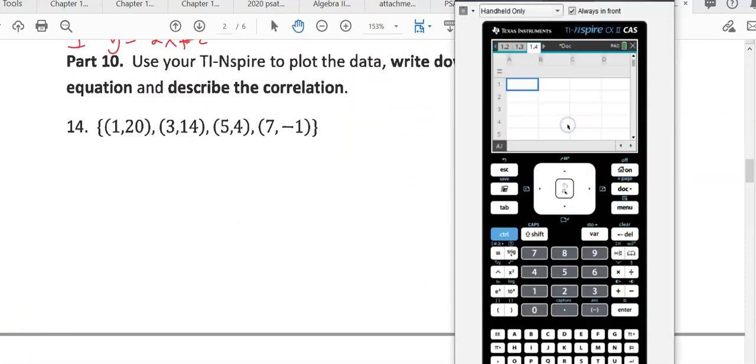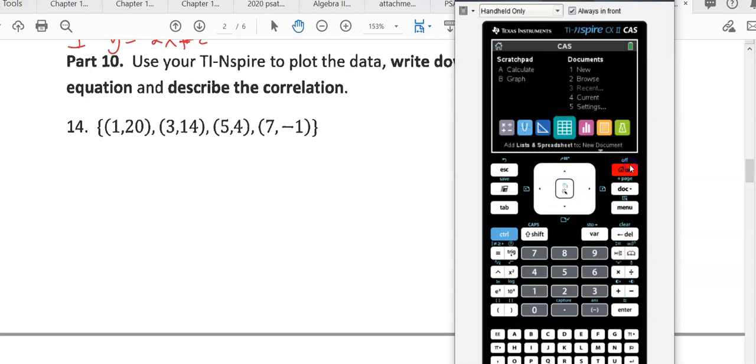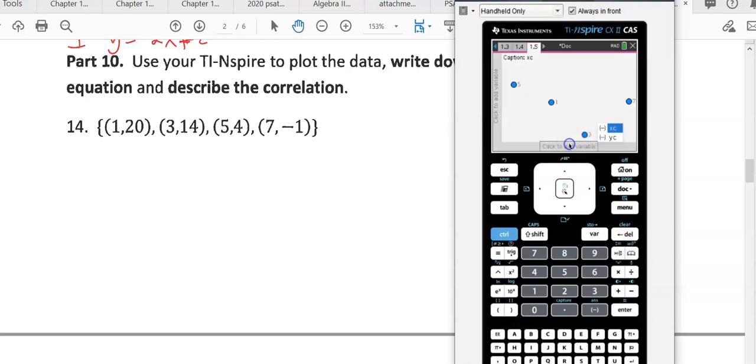Okay, so this one, you're going to put some data in the Inspire. So let's just call this xc for x coordinate: 1, 3, 5, and 7. Call this yc for y coordinate: 20, 14, 4, and -1. Put your cursor out of that last cell, hit the home key, go to data statistics, choose your x coordinate,